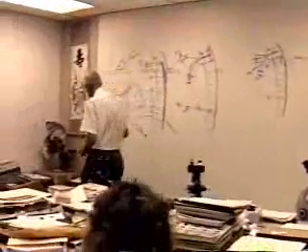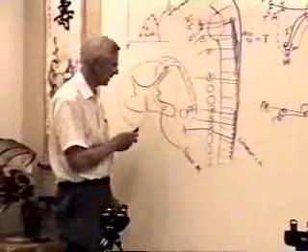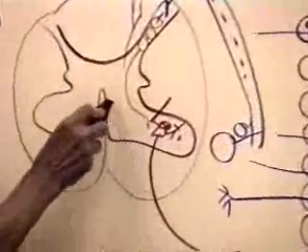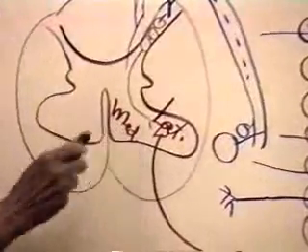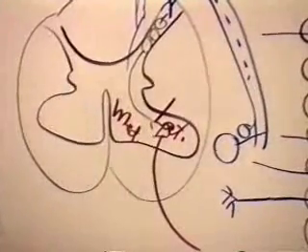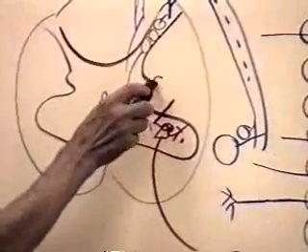Motor plate, you recall, has three parts too. A lateral group, a medial group of large alpha motor neurons, voluntary, going out to extremities or axial muscles,